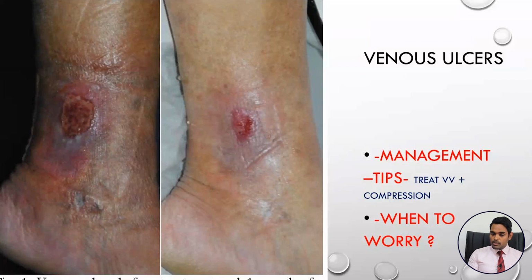Before putting on compression, make sure you always check the pulses, because sometimes these ulcers may be mixed. The patient has venous disease as well as arterial disease, and if you apply compression, the arterial perfusion may be further reduced and the patient will have limb ischemia. So check pulses. If the leg is swollen and you can't feel the pulse, get a duplex done,